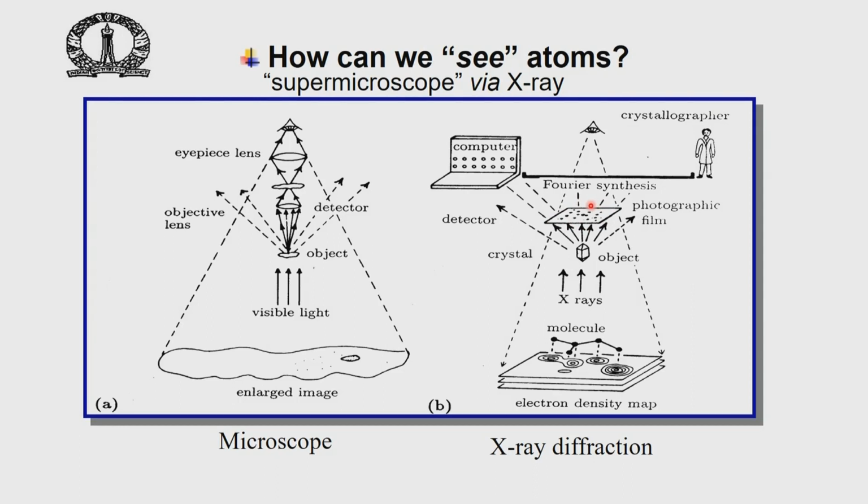We have just seen why it should be reciprocal from the previous diagrams, and therefore this reciprocal lattice information can now be used. We measure the intensity of every one of these spots. We also estimate the phases associated with these spots. We measure the coordinates of these spots in reciprocal space and then do a Fourier synthesis after guessing what the phases are, and then we get an image of the object.